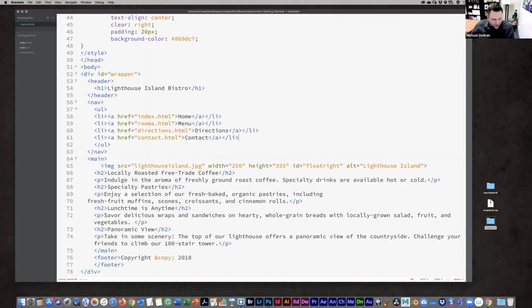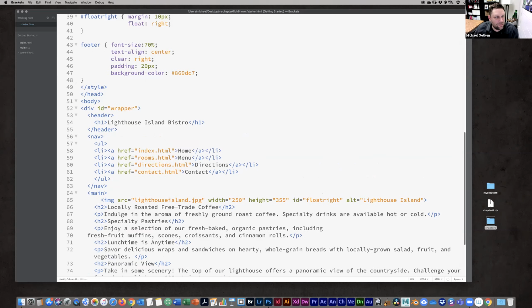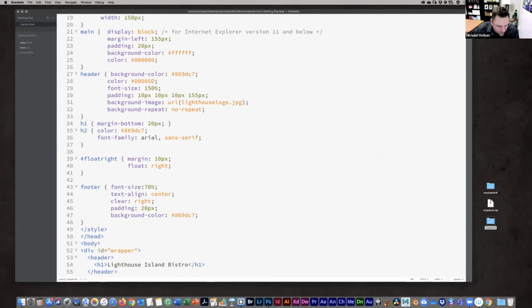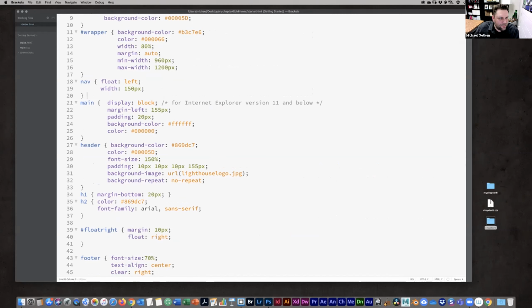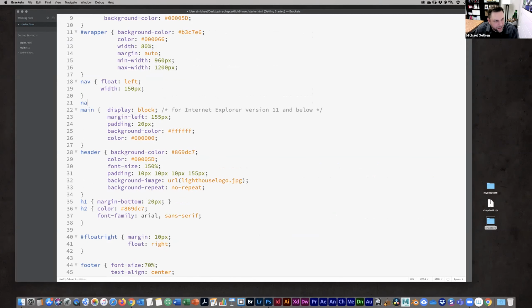Okay, so let's go up into the CSS now, and right here under the nav style, we're going to add a new one called nav ul. We do this because we're focused on that unordered list that we just set up in our nav, and we have to use both nav and ul because that lets the browser know that this is being applied to the nav area.